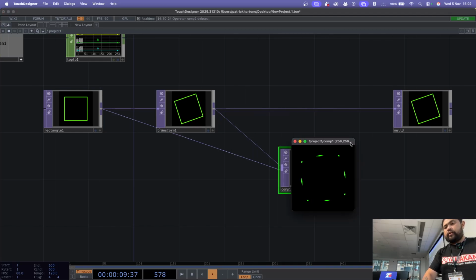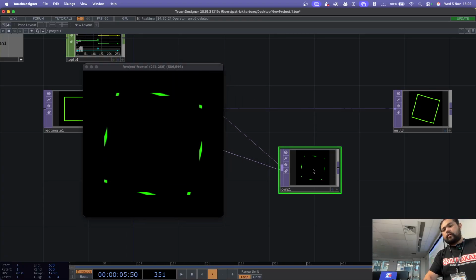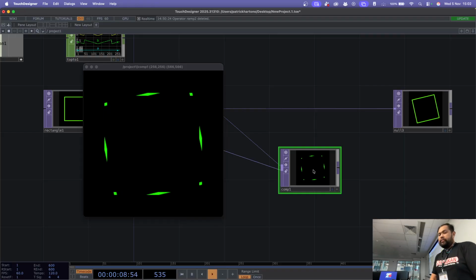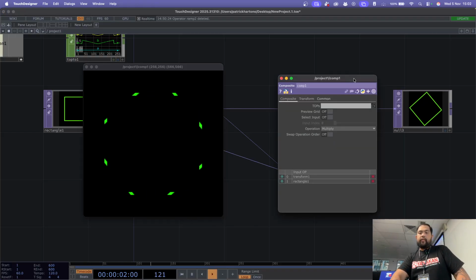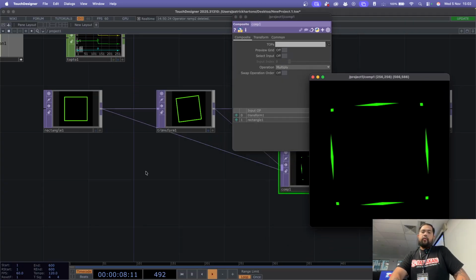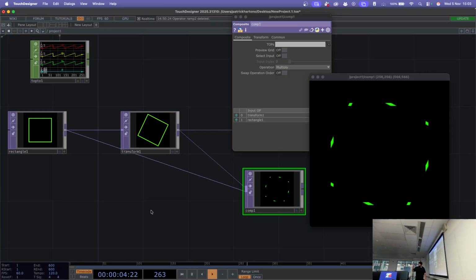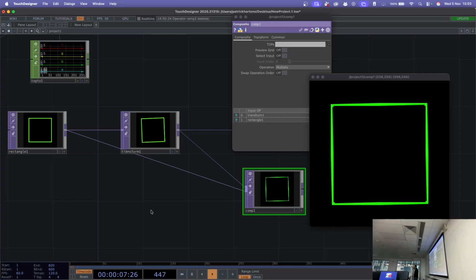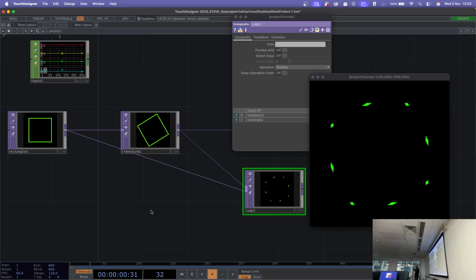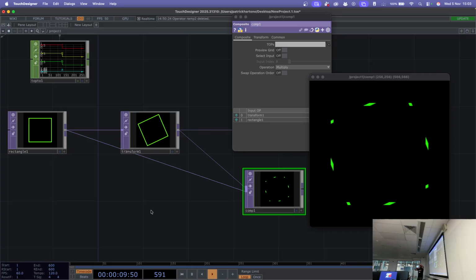Then I will connect it to the composite. Okay, then I will open the viewer for you. So what is happening here? Let me open the parameters of the composite and let me explain to you. We get the value from the rotation, and we get the original value from the rectangle that doesn't rotate. And what happens is the composite will multiply their pixel data. When it gets multiplied by the pixel data, since one is moving, one is not moving, it will show you something that,